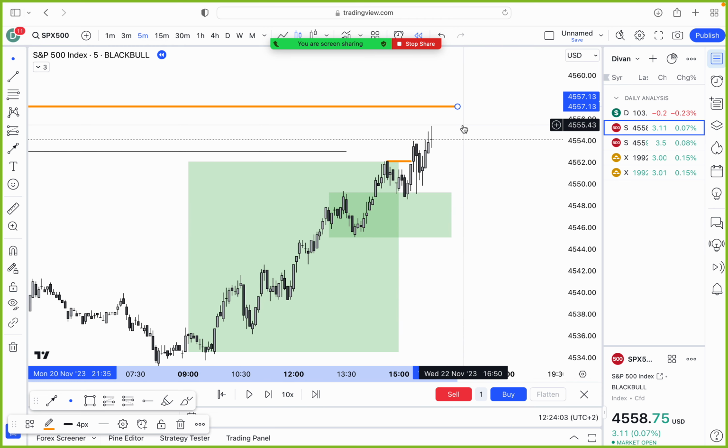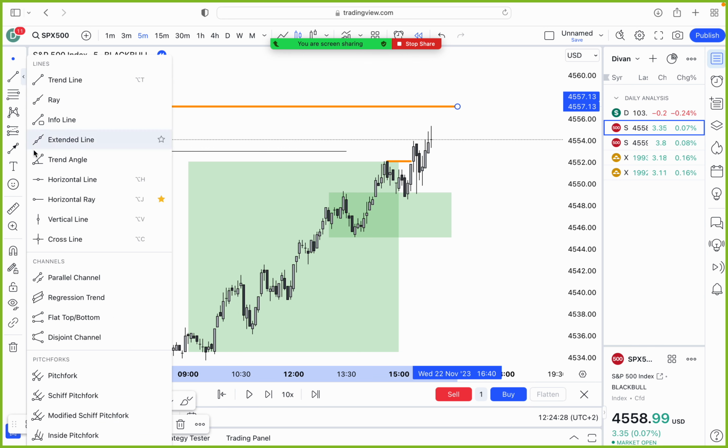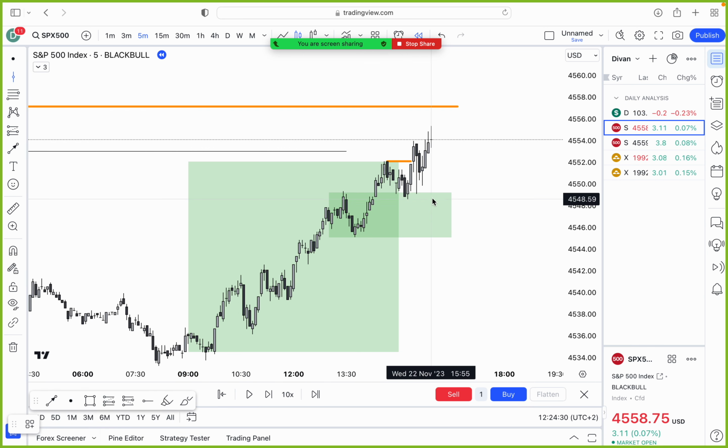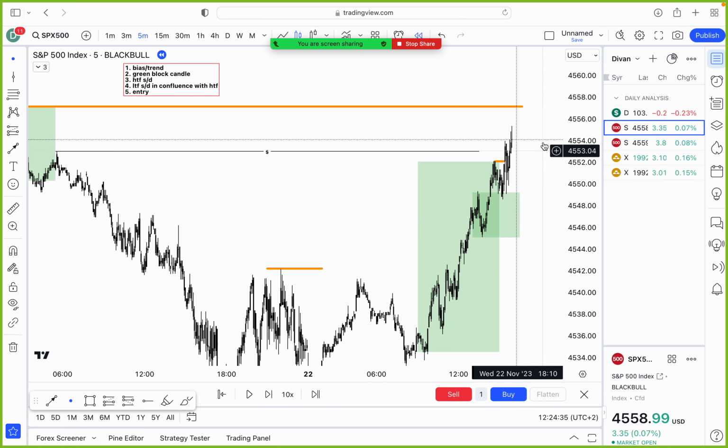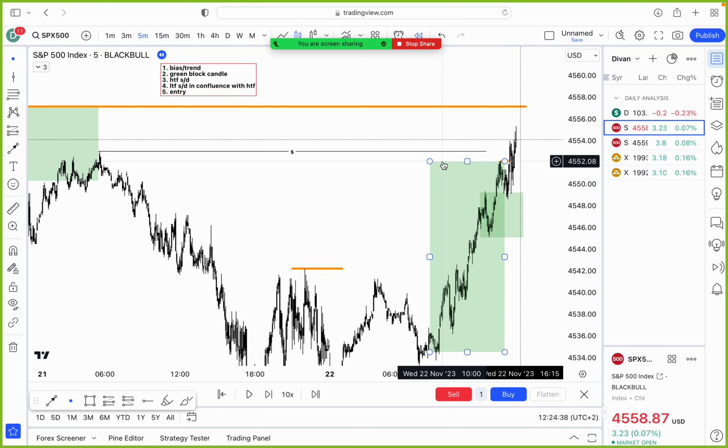Let me just check what my entry was and where it was. I don't want to say something that wasn't true. Let me just go back on MT4. Obviously MT4 and TradingView numbers are not going to match, but I can check the time. Okay, so 4:15. That was where my entry was. So I still remember I told you guys this is a valid break of structure, yes, but